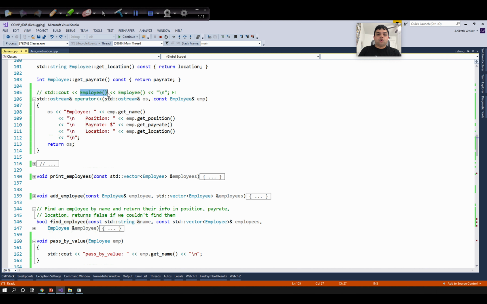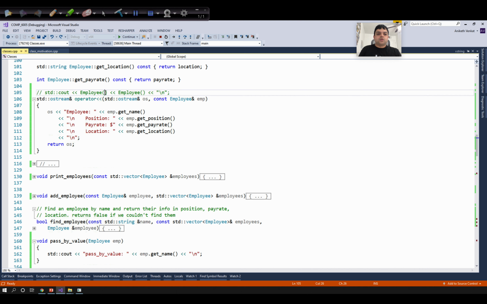Okay, so far I hope this is clear. Now the return type again is an ostream reference. Why the return type is an ostream reference is because, first we are looking at this part of the expression where cout less than employee is printed. Now once we are done with this function call, notice we are chaining this operator less than to print additional